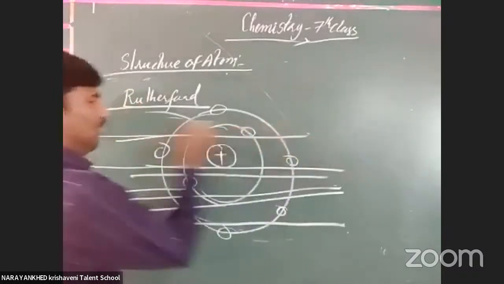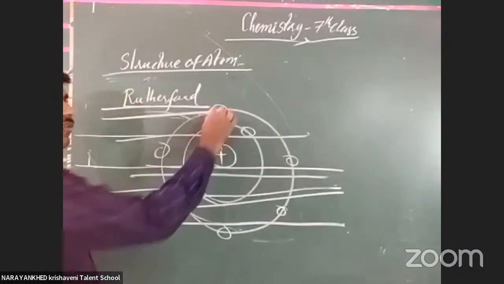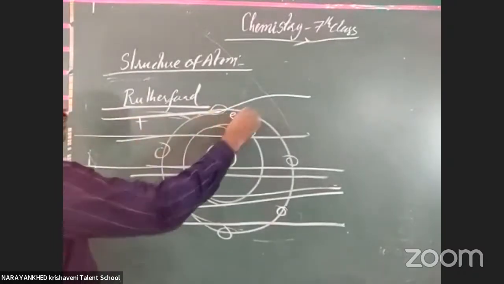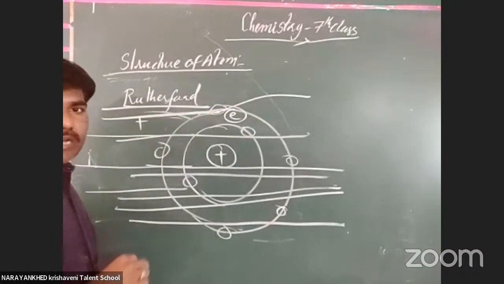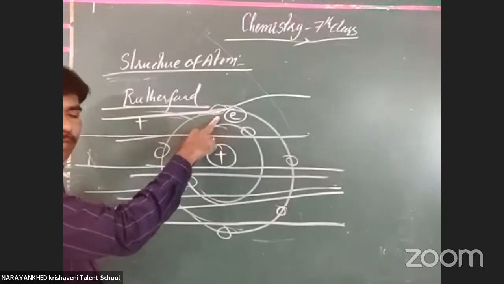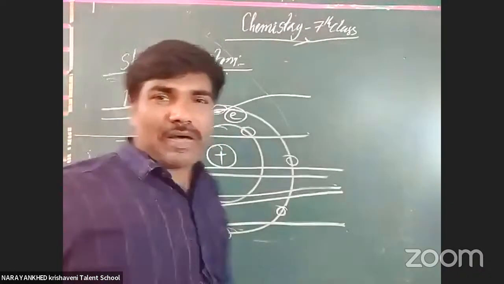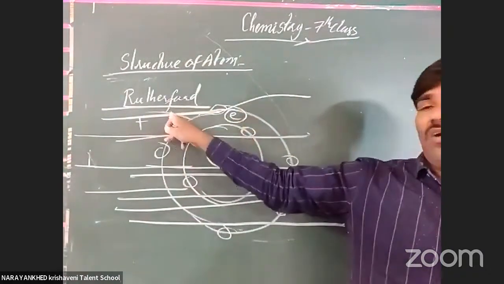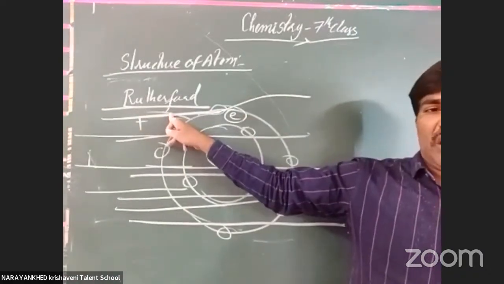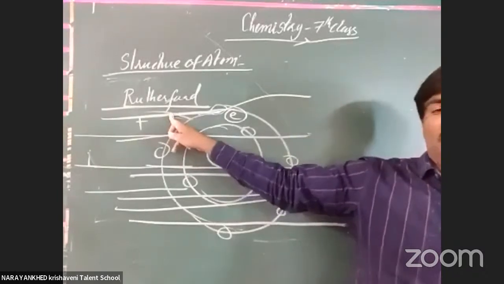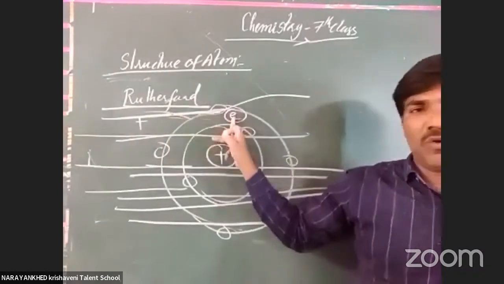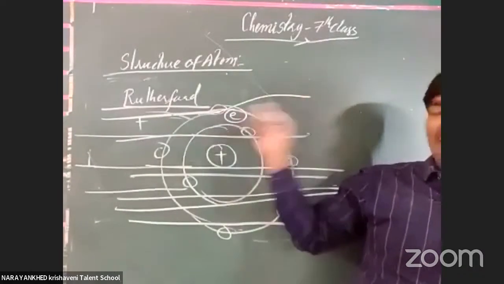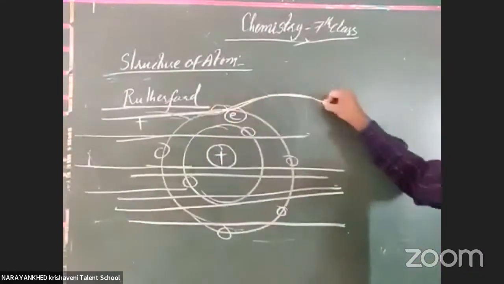Got it or not? And when they reach the electron, they deviate from it. Okay, why? Because these are positively charged particles and the electron is negative. Up to this point it is attracted, and after the attraction, the mass of the electron is very low and the charge is also somewhat low. An alpha ray contains 4 positive charges, and the electron is only one. That's why it is deviated. Up to this it is attracted, but afterwards it deviates from the original path.